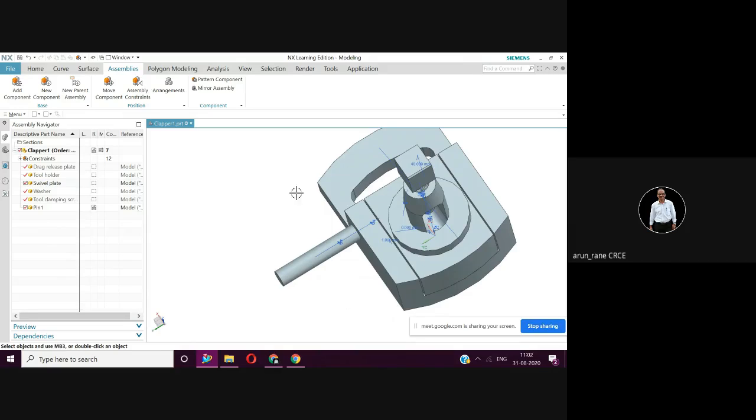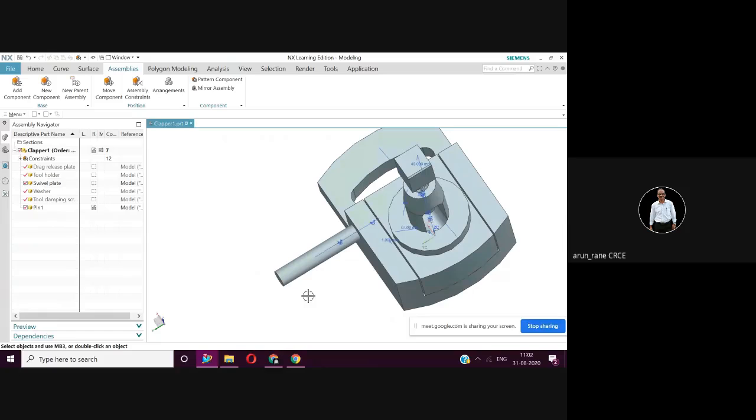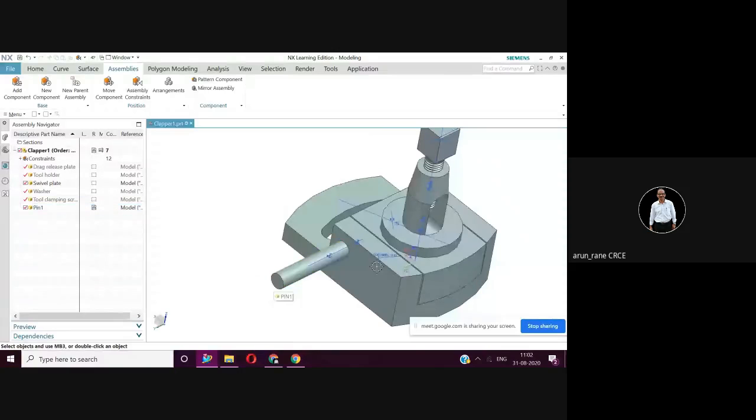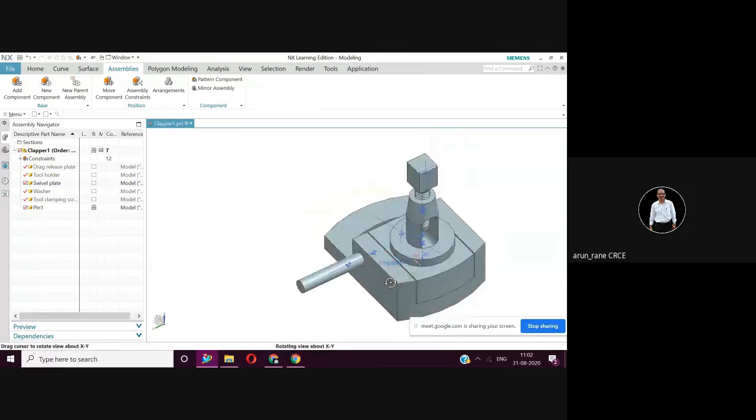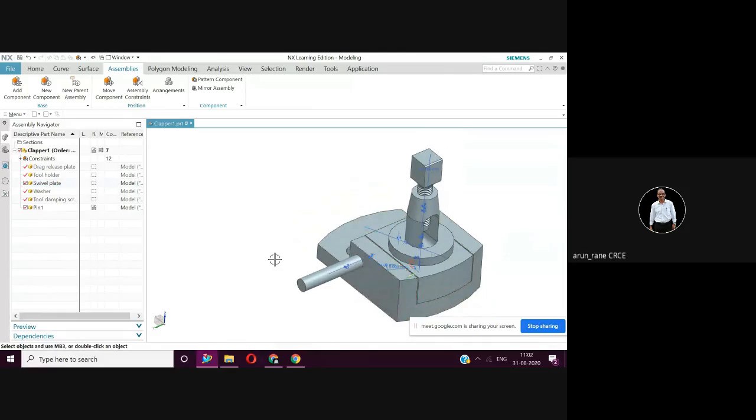Now this pin will not move like this. Now we will fix up this distance. Had this face been matching with this, we would have used touch align. But since we have to maintain the distance, we have no choice but to use distance command. So sometimes you need to use distance command. You cannot ignore it. So go to assembly constraint,